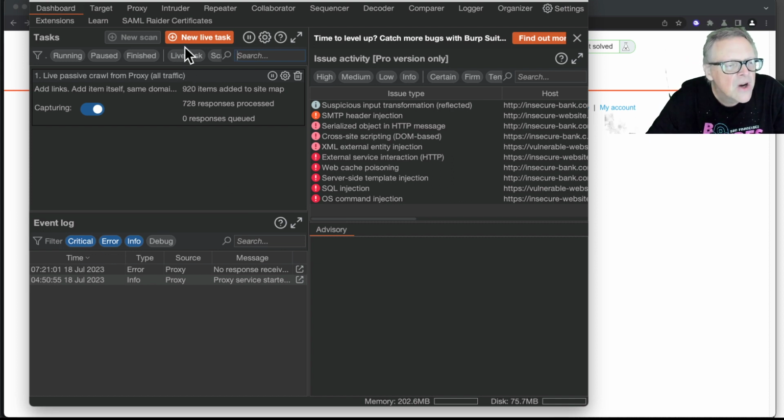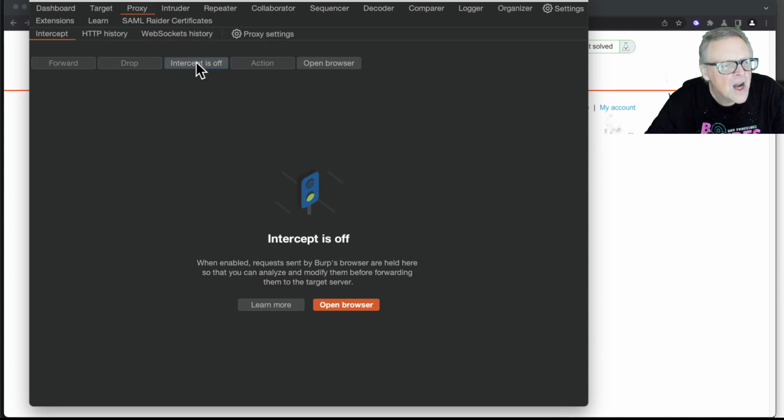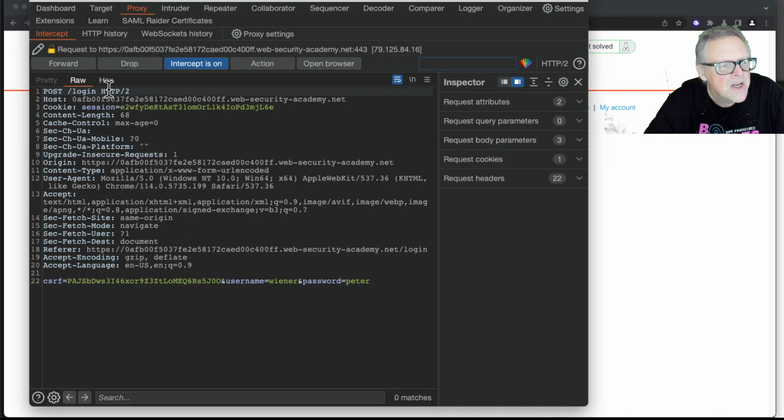Anyway, so here, I'm just going to turn on intercept, proxy, intercept. I turn on intercept. Now I log in. And the login will not go through. It'll be intercepted. And here's the login going through. So I'm intercepting. Now, I may have to adjust it. If I forward it, I think the